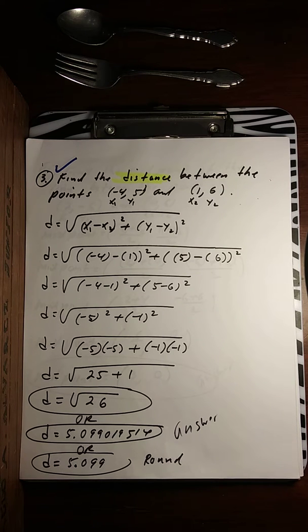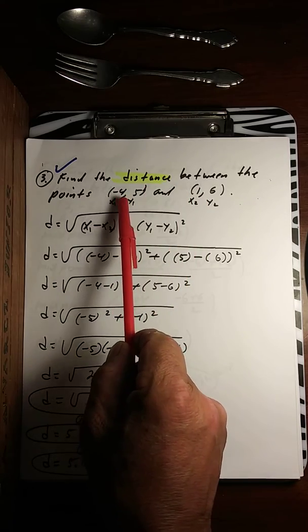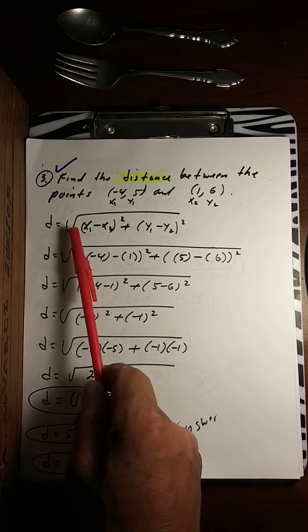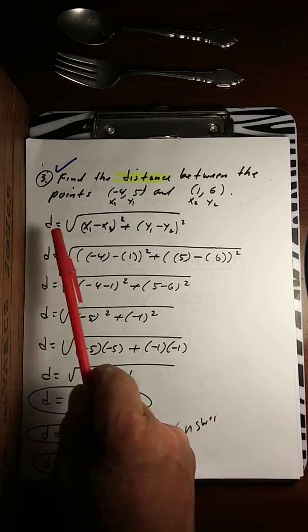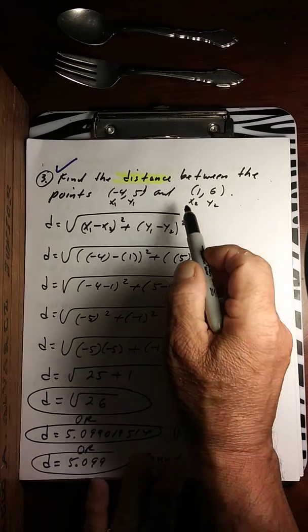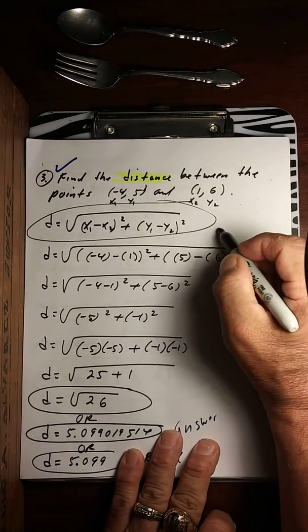Now, the next one. We have, find the distance between the points negative 4, 5, and 1, 6. Alright, so distance formula, there it is. So we're going to put these numbers in there for the distance formula. This right here. So now we have